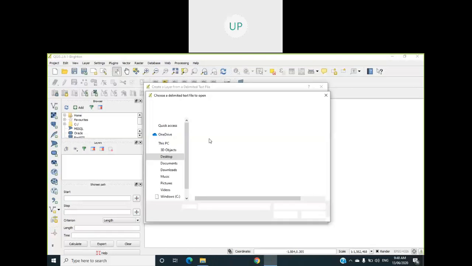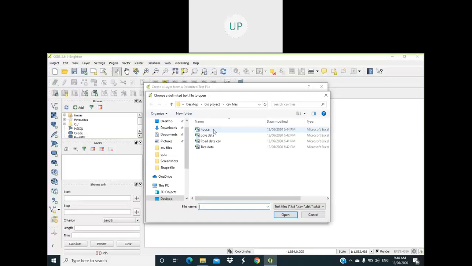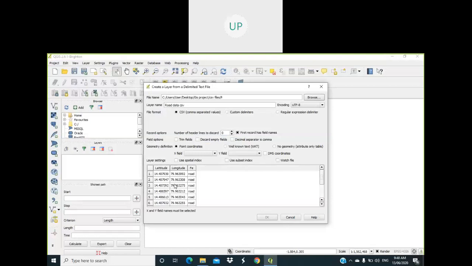Here these are the CSV files of our collected data. So first we are loading road data. These are the points we have collected for road data, latitude and longitude. So X indicates the longitude and Y indicates the latitude, and then we have to go for OK.